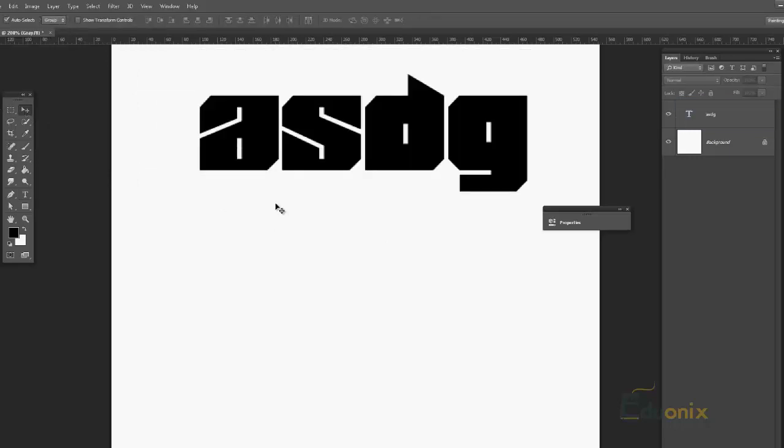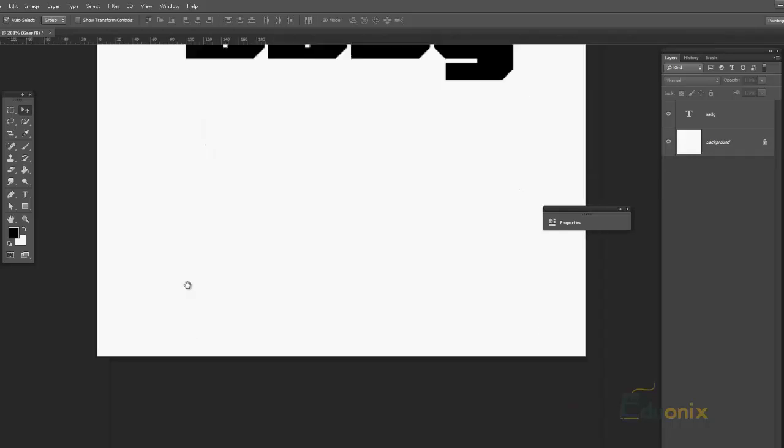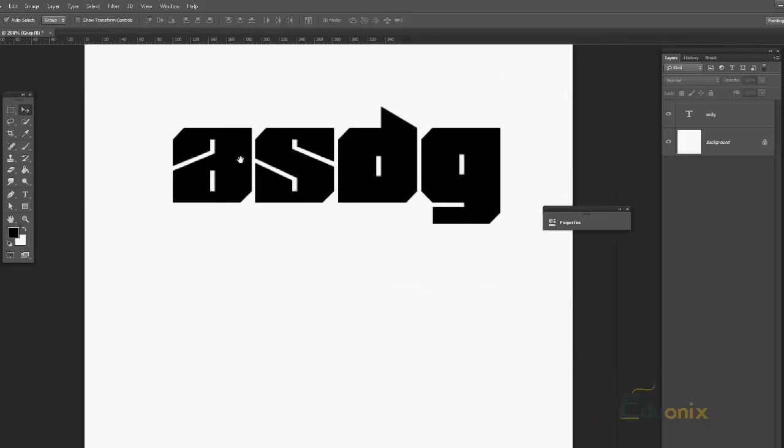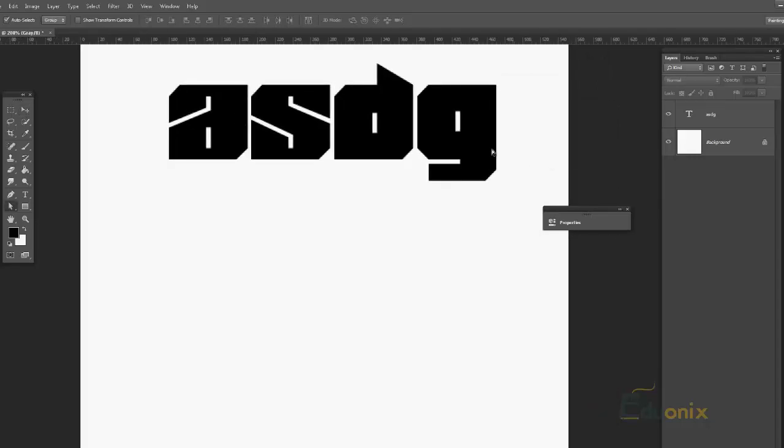The thing about point type is that it doesn't conform to a shape. If I wanted to fill this white rectangle up, a point type wouldn't be the way to do it, because while I can use Shift Enter to do a line break, or just enter,